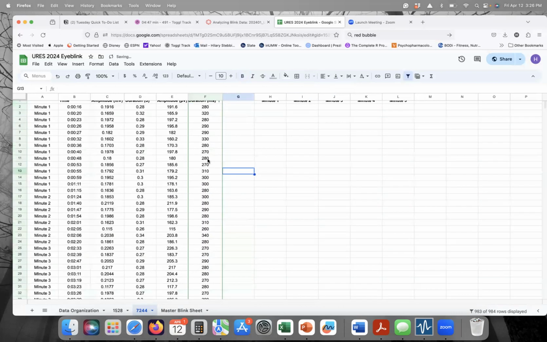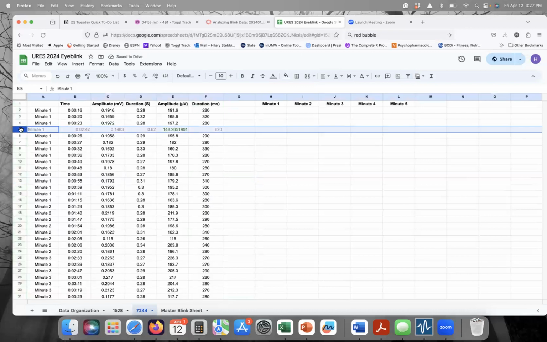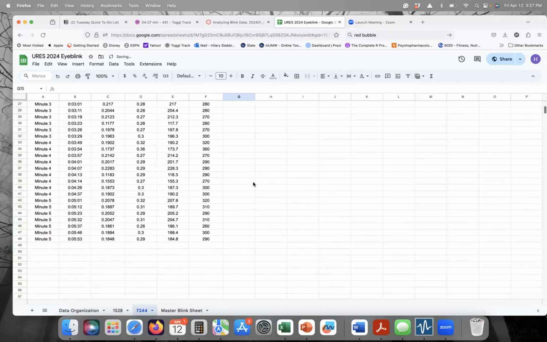I'm just trying to make the filter go away, but I can't seem to do that. All right, that did it. That I think was left over from before. Okay, so